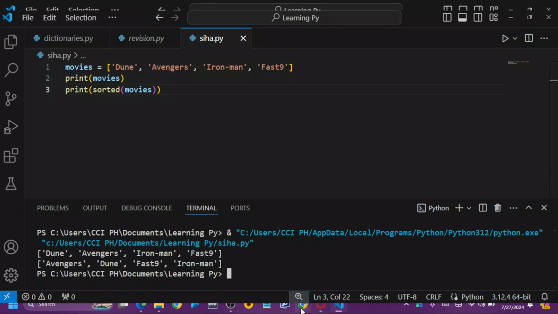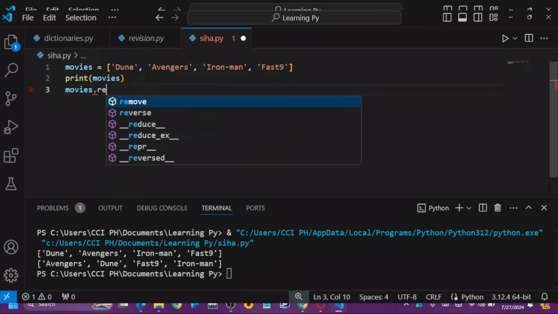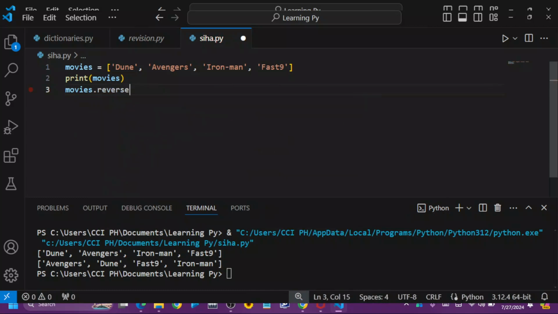So the next thing that we should be looking at is how to print sort reversely, right? So there's a method called reverse, right? So when you want to print out your list in the reverse form, so you start to use sorted. Now this time around you just use what? Reverse. So here I'll have movies dot reverse. So you can see reverse here,